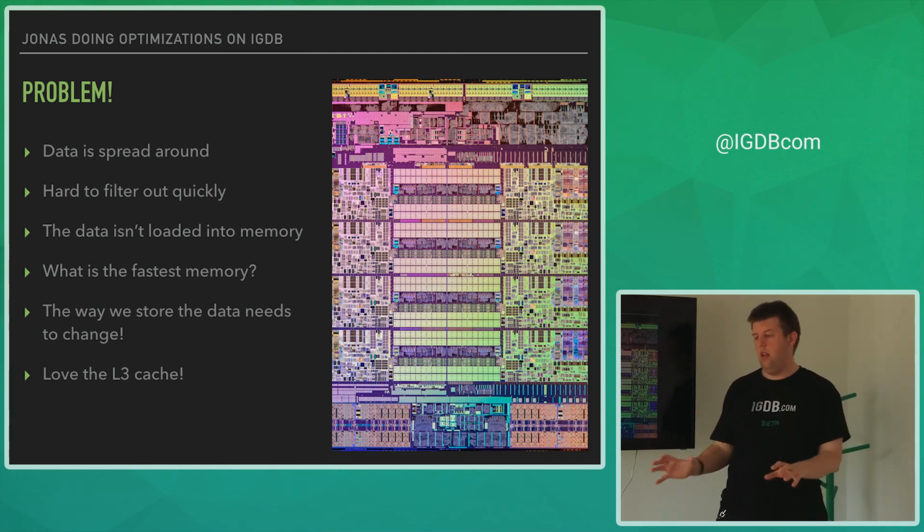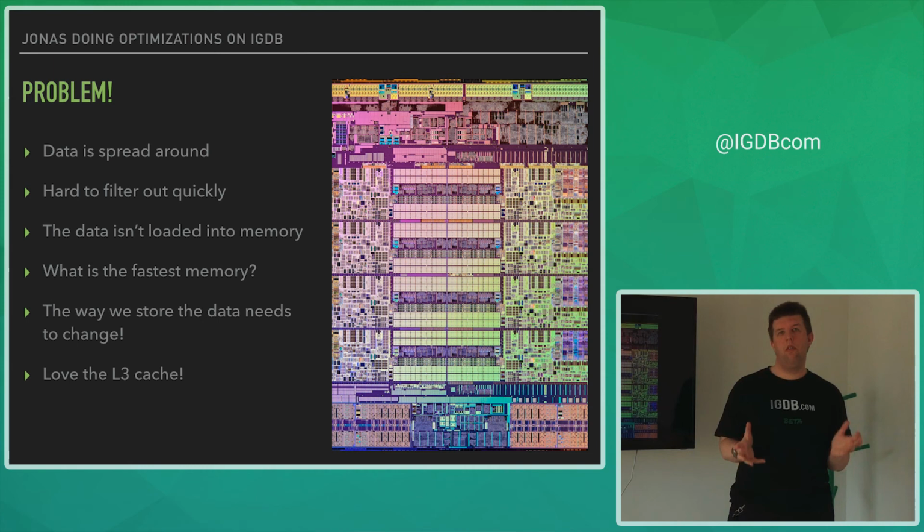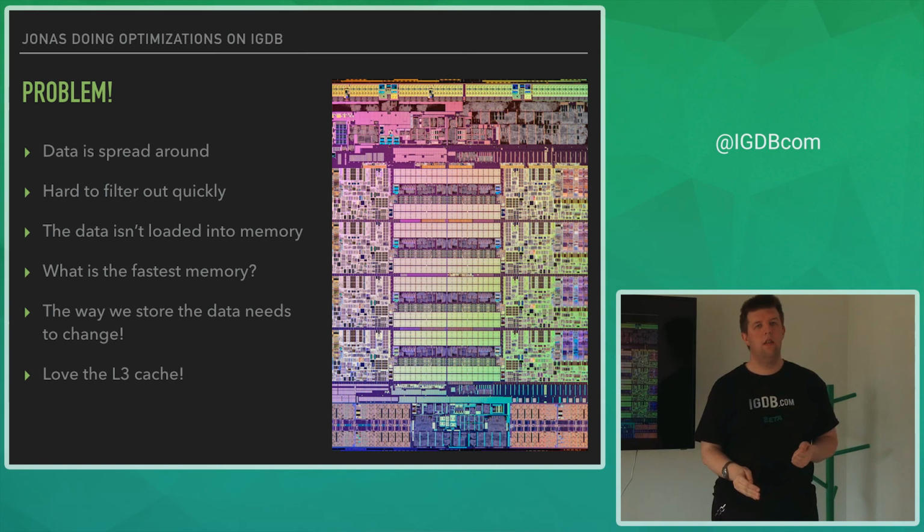If you can cram the data into the processor's level 3 cache, then you are getting super fast. Lately I've seen a lot of code leveraging this, because a lot of processors have it. That optimization works for a lot of different processors like ARM and PowerPC and x86 and so on. So we needed to change how the data was stored